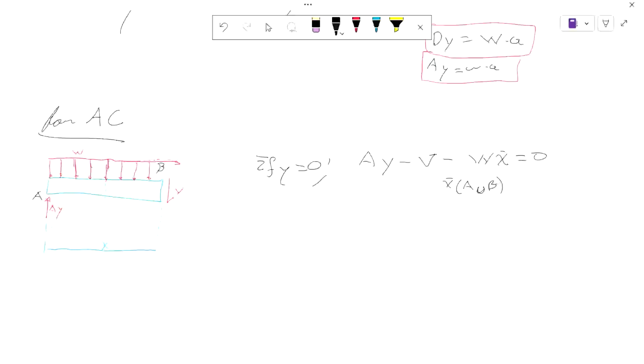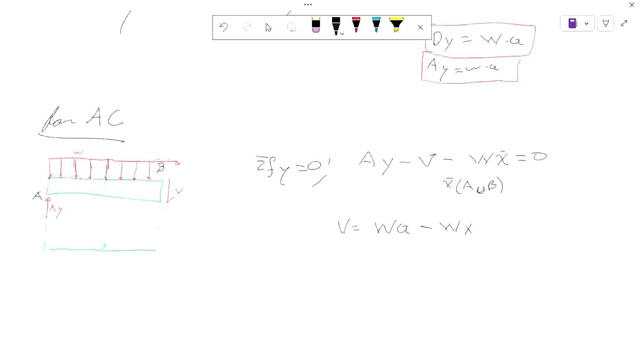Okay, now we can find V, AY minus V. Well, we have the value for AY, so let's do that. So V is equal to WA minus Wx. All right, that makes a lot of sense because